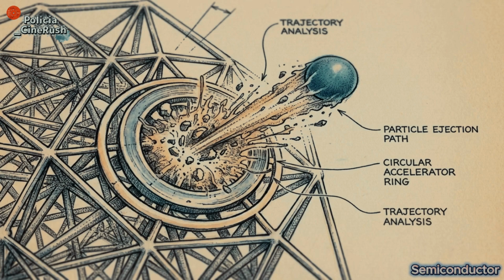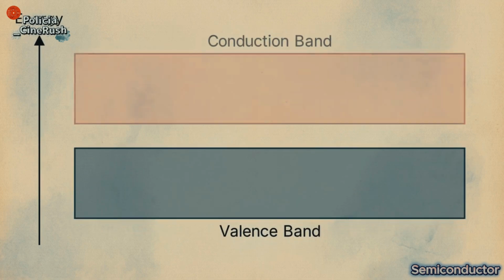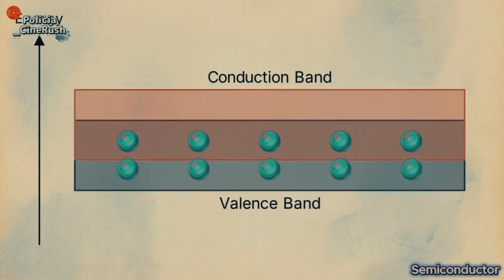While valence electrons are typically bound to the atom, electricity requires them to break free and move through the material. To determine if a material will conduct or resist this movement, we have to look at the specific energy states available to these outer electrons. In a solid crystal, individual energy levels merge into two primary bands. The valence band contains the electrons bound to the atoms, while the higher energy conduction band contains the electrons free